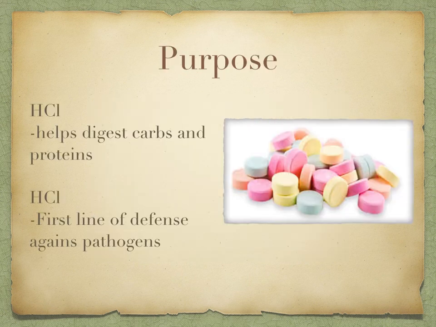Important piece there. So the purpose of the stomach. Obviously the stomach makes hydrochloric acid. What is the purpose of hydrochloric acid? It helps to digest your carbohydrates and your proteins. And most people don't realize HCl is a very important first line of your immune system, because any foodborne pathogens